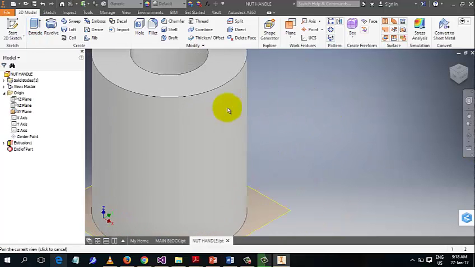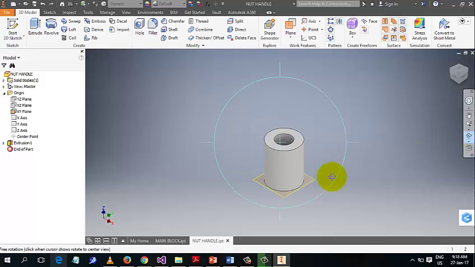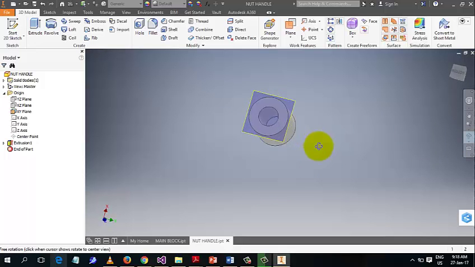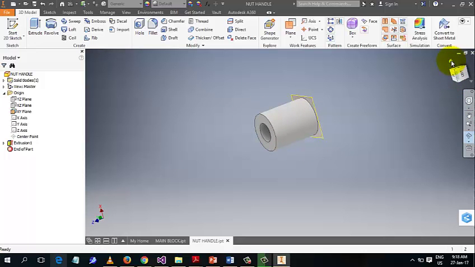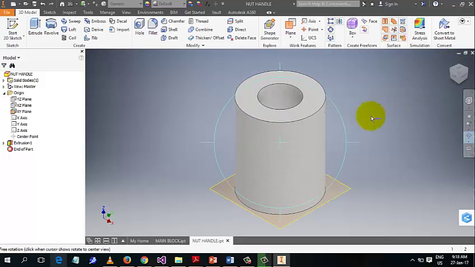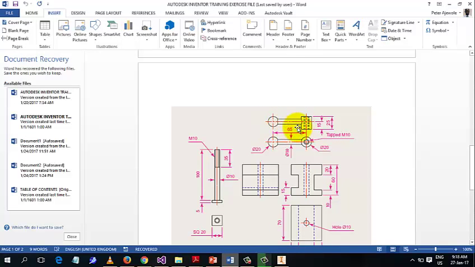In order to visualize it properly, you can click on your rotate and see that it is a real hole that runs through. Okay, click on this home and turn it to isometric view. Good. So we have created that part. So the next thing we want to do right now is to create this handle, and the length of the handle is 65. At the end there we have a diameter 20 bulb there. So what we're going to do here